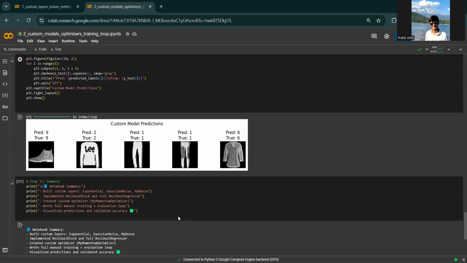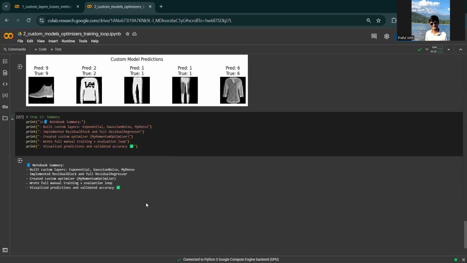These are some predictions, and the summary here is we built custom exponential, Gaussian noise, and MyDense layers, and then we implemented a residual block and a full residual regressor. Then we created a custom optimizer, wrote a full manual training loop plus the evaluation loop, visualized predictions, and validated the